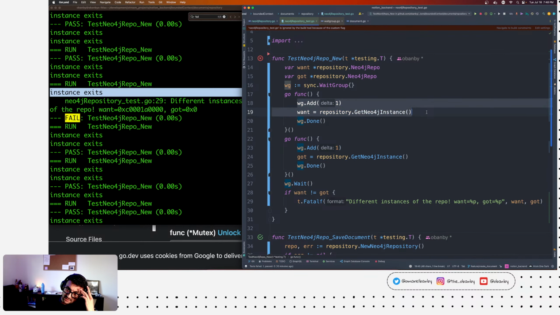So if this here acquires the lock, then this tries to come. Okay, it will register, but then it should go to sleep.